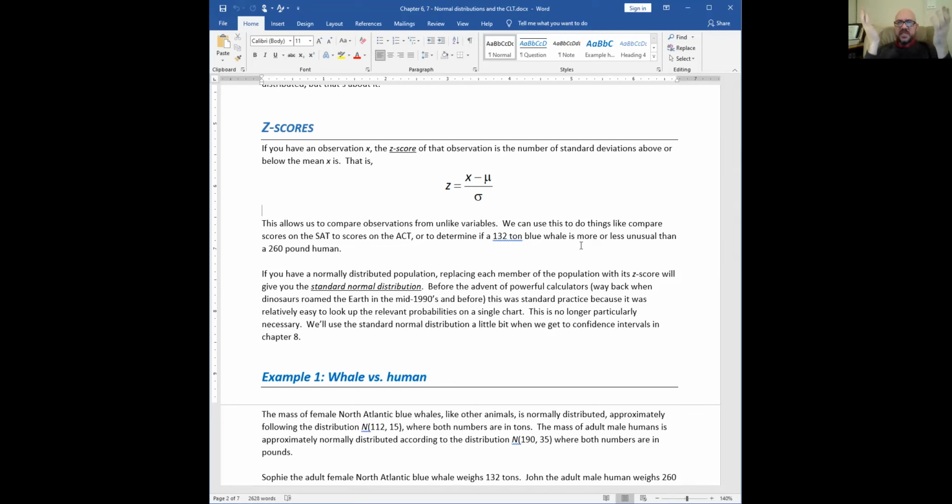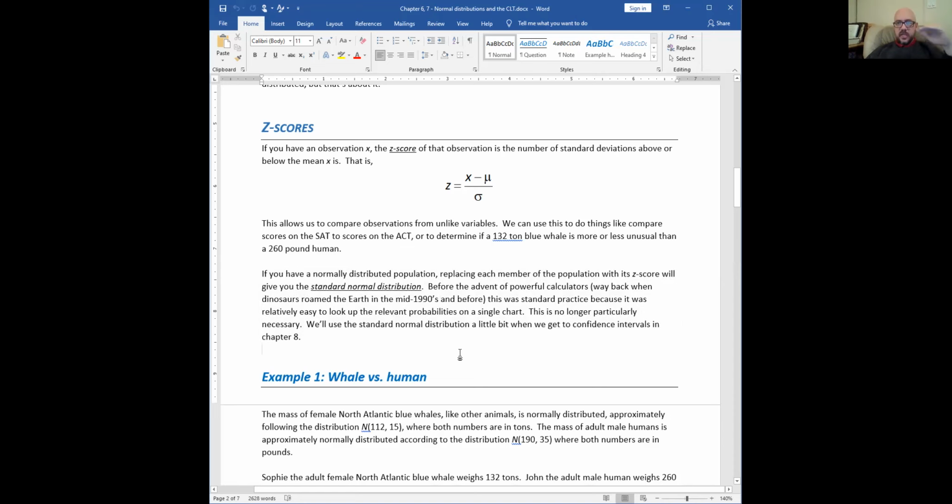They're both measuring the same thing, but they're scaled so differently, right? And so what we want to know is which of those things is better. And z-scores allow us to compare stuff like that. So I'm going to do a different example of whale versus human, just to see which of these things is more unusual. But before I do that, let me quickly hit one more thing, which is the standard normal